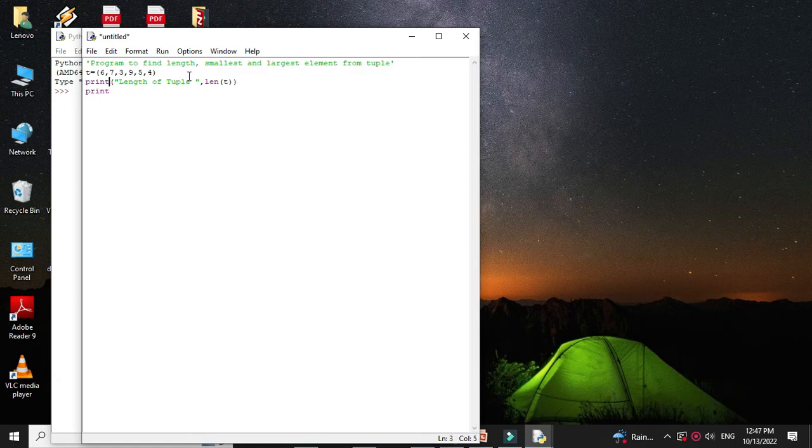So print smallest element from tuple, and we will find the largest element from the tuple using the max function. So with the print statement we will use it,